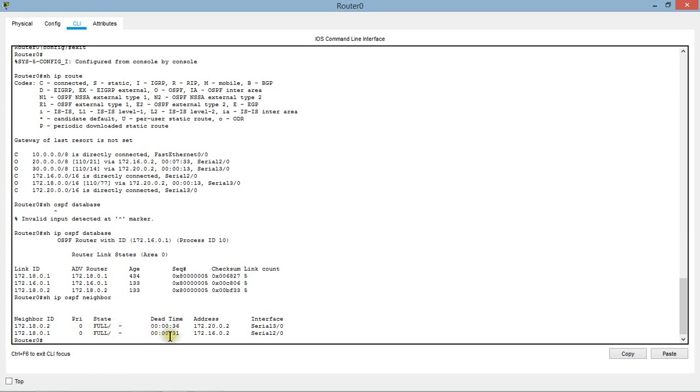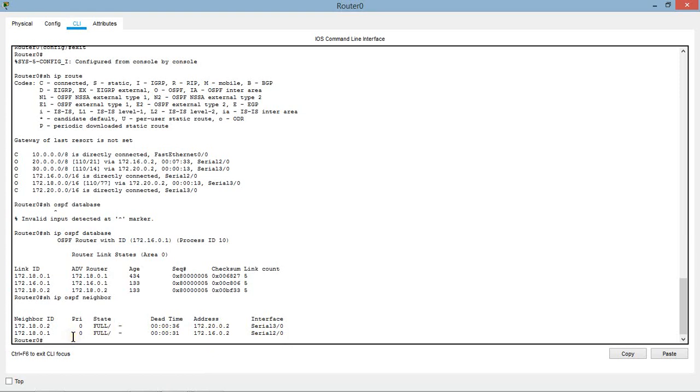The dead time is the time left for which the router waits to receive a hello packet from the neighbor before declaring it as dead. And the other addresses are included in this neighbor table. This address is nothing but the IP address of the interface to which the neighbor is directly connected, and the interface number. This router 0 is directly connected to serial interfaces 3/0 and 2/0 with these IP addresses, so they are shown over here.